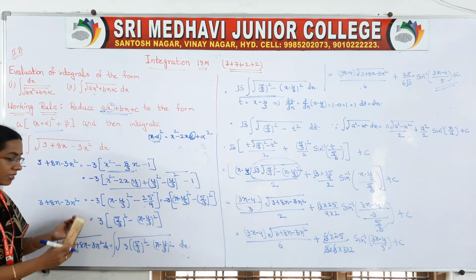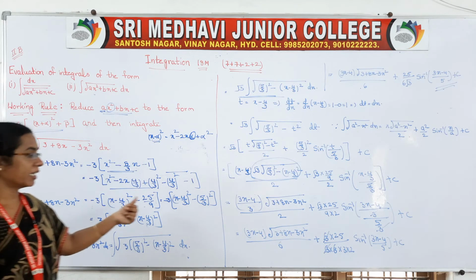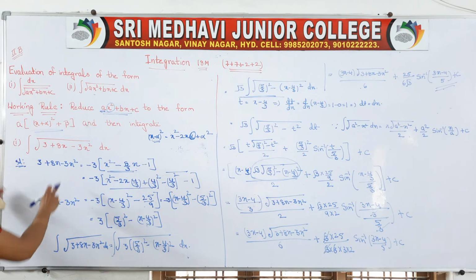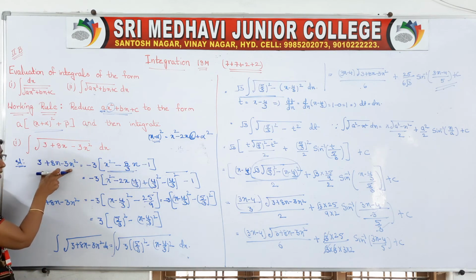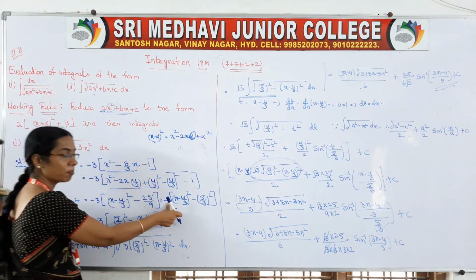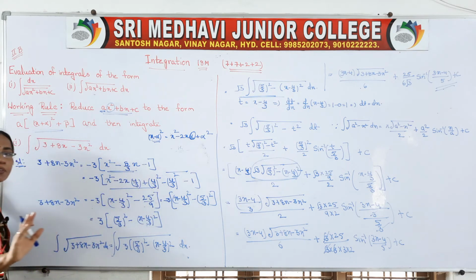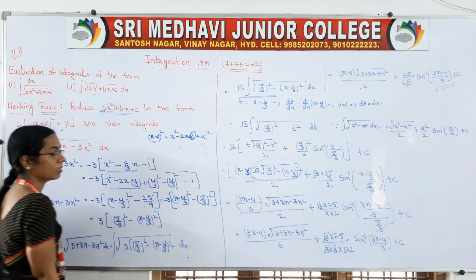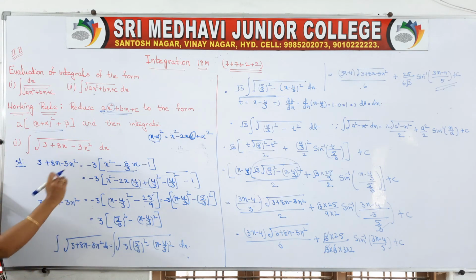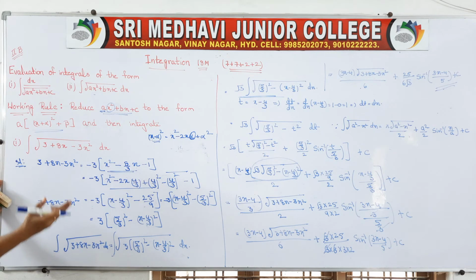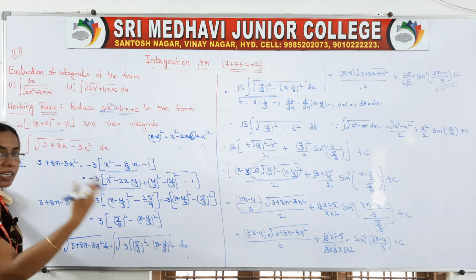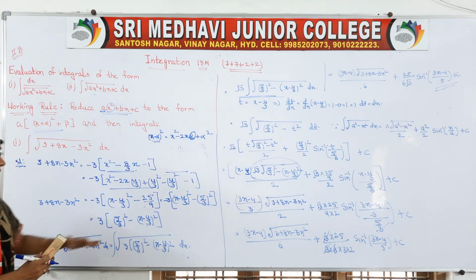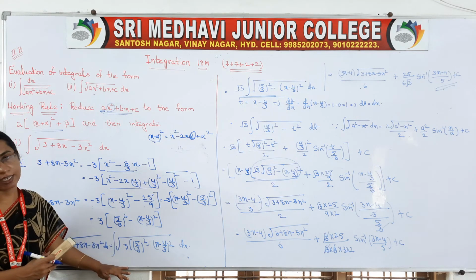So once it is taken, if you observe, a negative value is there and we will take this entire value inside the square root, isn't it? The question is the square root of this one and this value we got is minus. Inside the square root, a negative value should not be there. So that's why send this negative sign inside the brackets. Keep that 3 as it is, just send the negative, that means minus 1, inside the brackets. If we send the negative value inside, negative becomes positive, positive becomes negative. Once this is done, you take your integral.